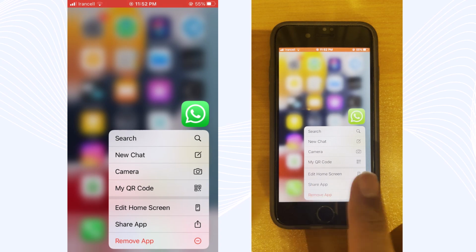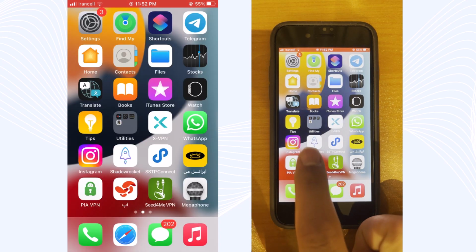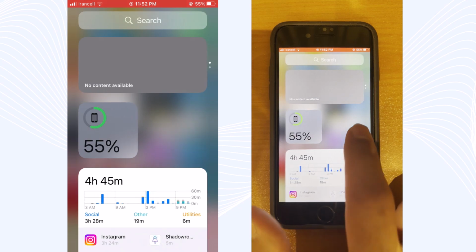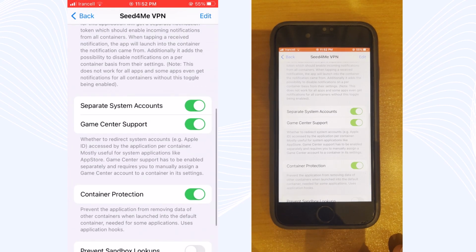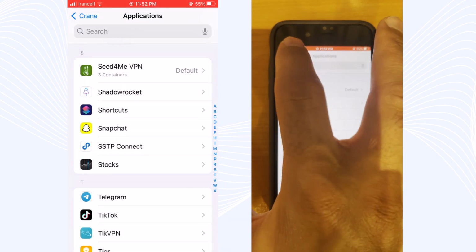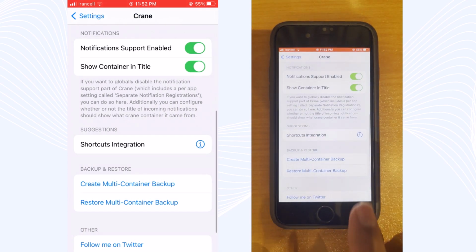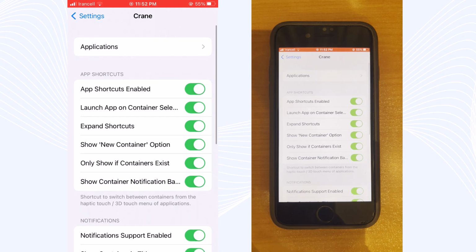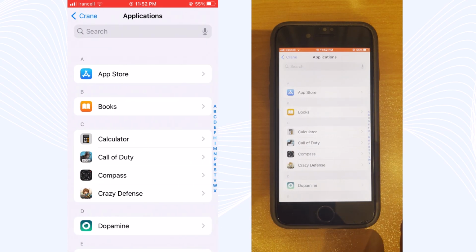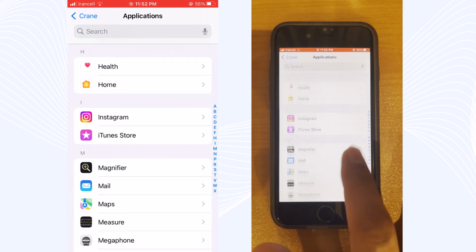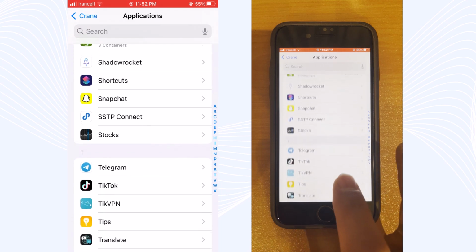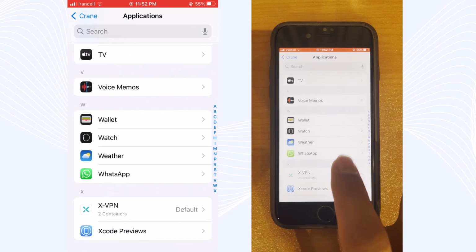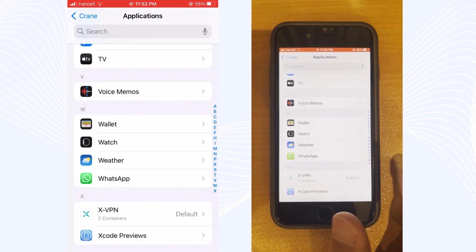And here I will test with WhatsApp for you. As you can see, I don't have the option. Now we will go to Crane and we will go to applications. Here we are in the main page, applications, and try to find WhatsApp and add a clone option to this. Here I found it.